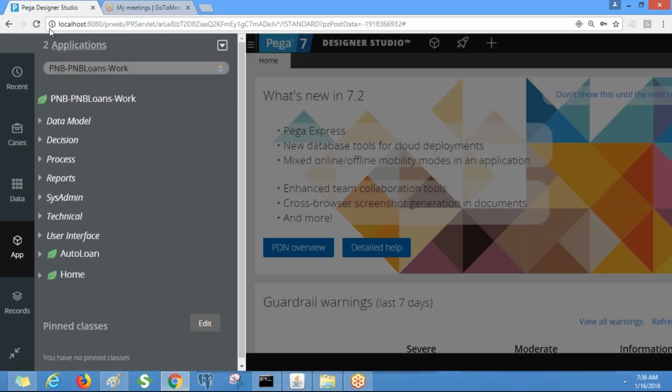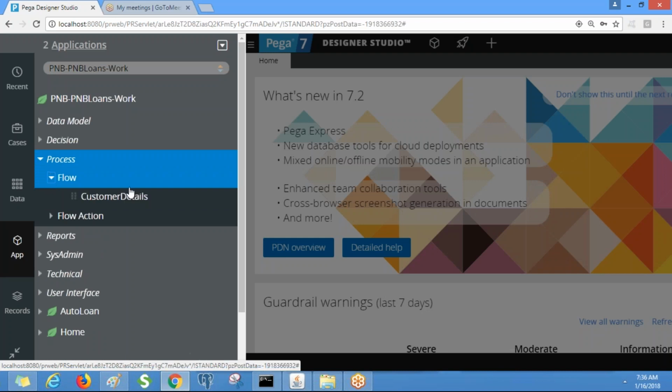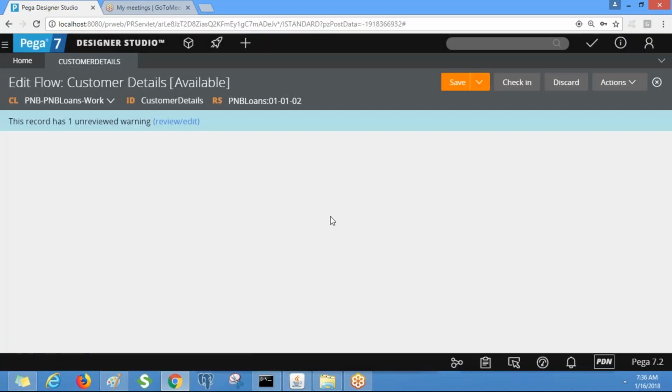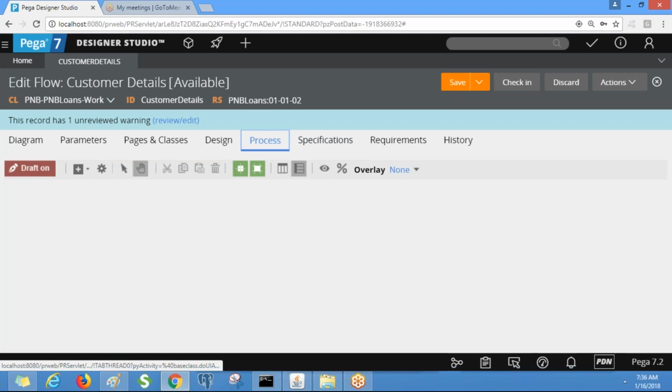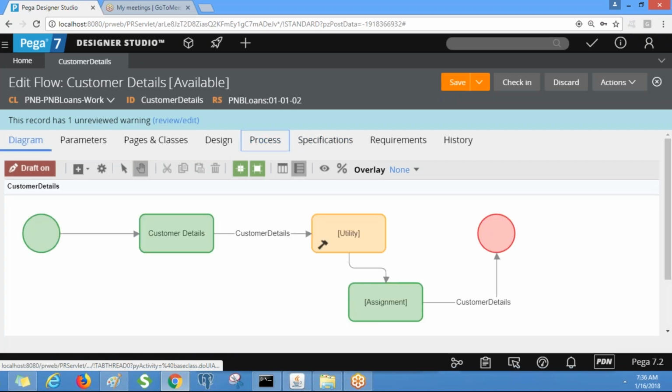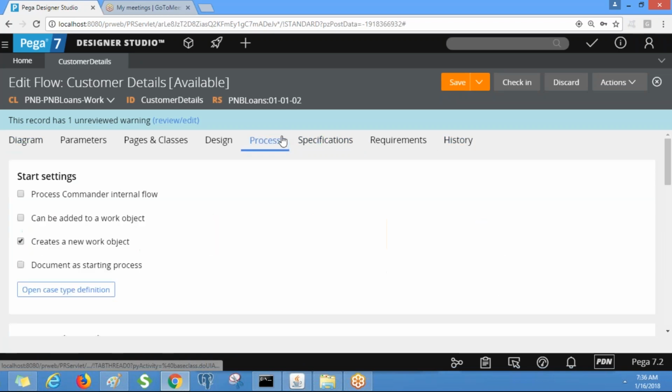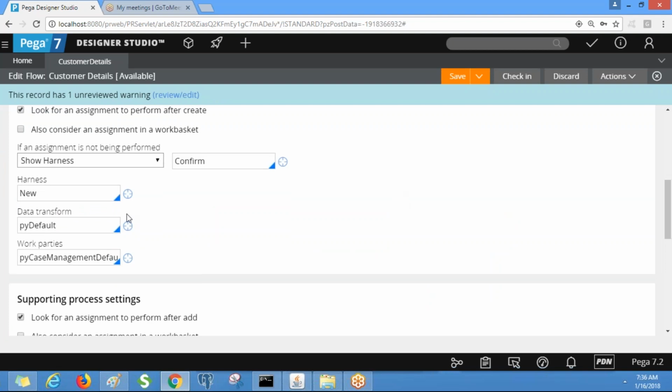Let me open any one of the flows here. See, under the process tab we can see the pyDefault data transform rule. Whenever we run the flow, this pyDefault data transform rule gets executed, and it is going to execute all the pyDefault data transform rules which are available in different classes.